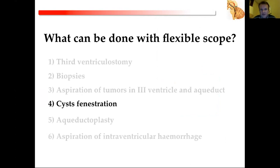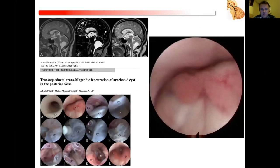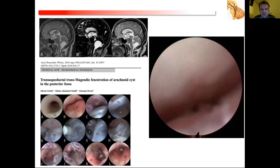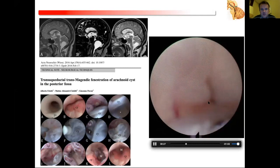Look at this case. This patient had a huge cisterna in the fourth ventricle. We are sliding our endoscope in between the roof of the fourth ventricle and the floor of the ventricle. This is the brain stem, of course. See how narrow it is because of the compression of the cyst. And then finally, we see the canalis centralis medullaris there, and then the wall of the cyst, which